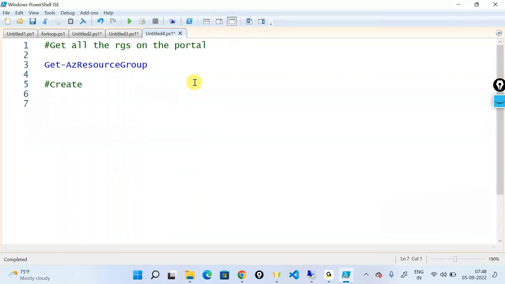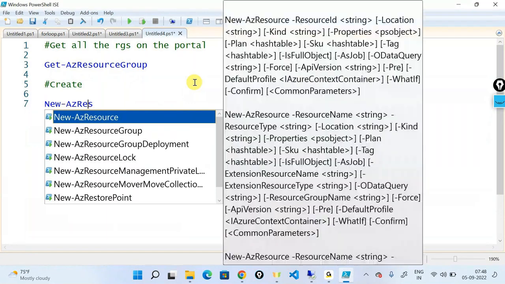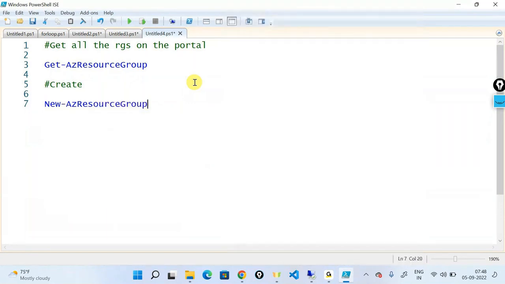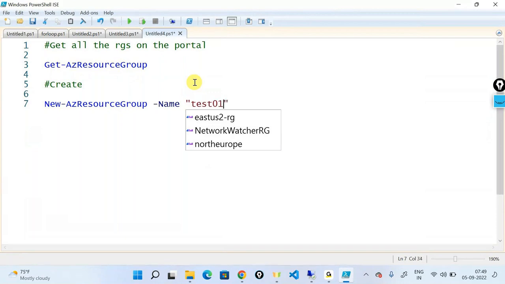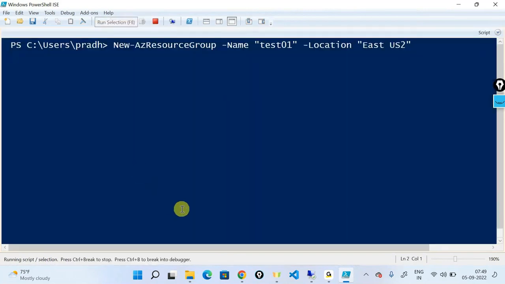the command here becomes New-. So I'm telling New-AzResourceGroup. I want to say, okay, fine, please create a resource group for me. And I'm now passing -Name, the name of the resource group in brackets. I'll say test01. I'll say -Location, the location of the resource group. I'll say this is East US 2 in brackets. The reason I'm passing this in brackets is because I want PowerShell to ignore these spaces and all these things out there. And if I now go ahead and just execute this single line, what this is going to do is